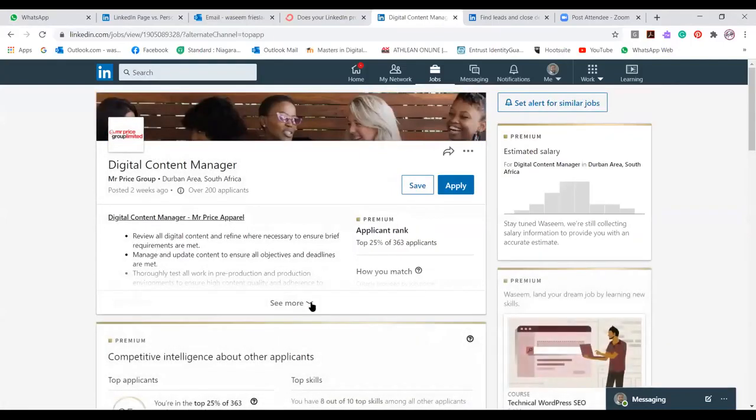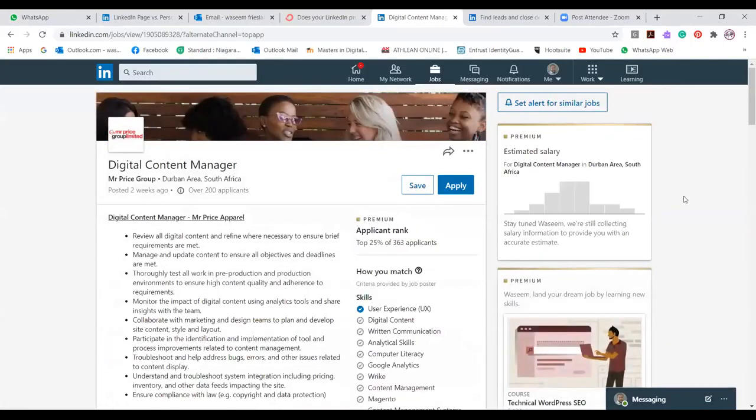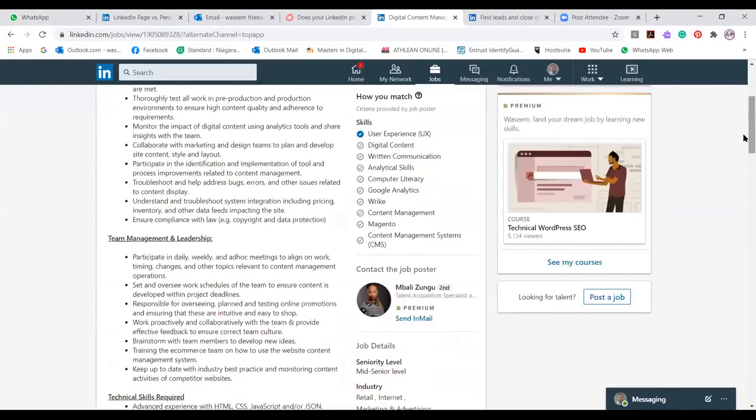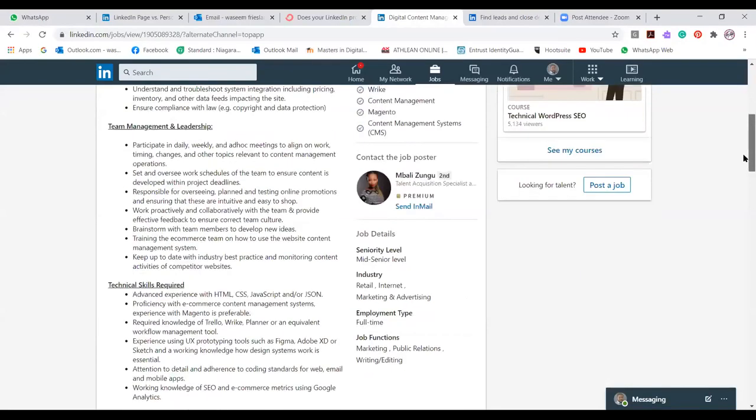So let's say I open that. It then highlights how I match comparatively in the sense of what I inserted in my skills versus the skills that they requested. I can optimize my LinkedIn profile if I really want to, let's say, apply for this job. I can just add in those skill sets, swap out the 50 that I currently have, and just add those in, and it would then rank me higher than the top 25 percentile.